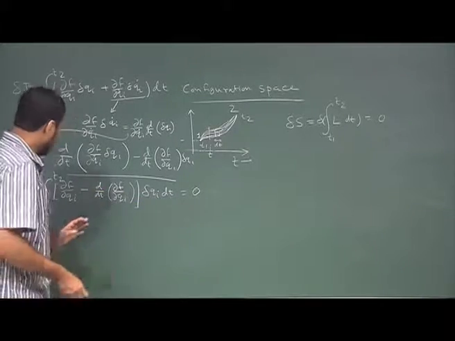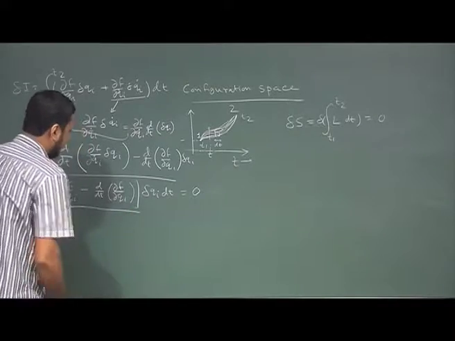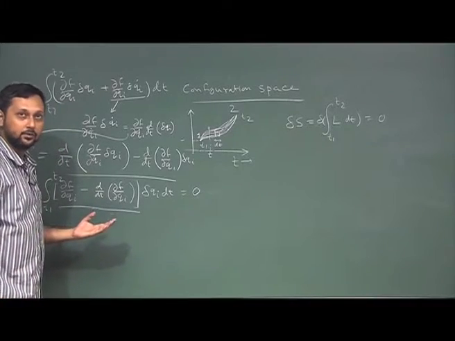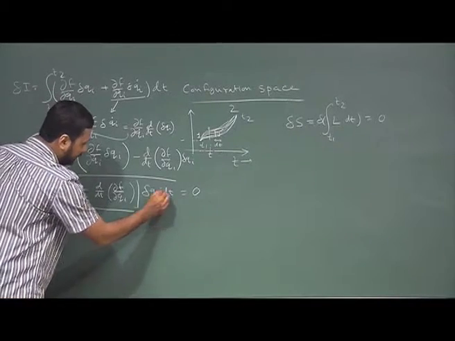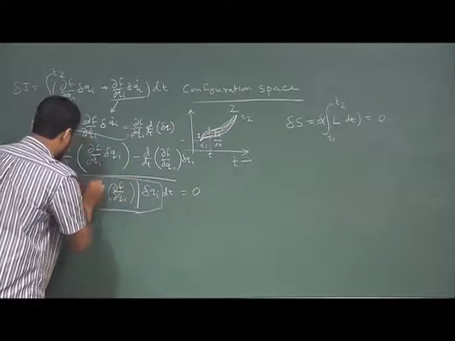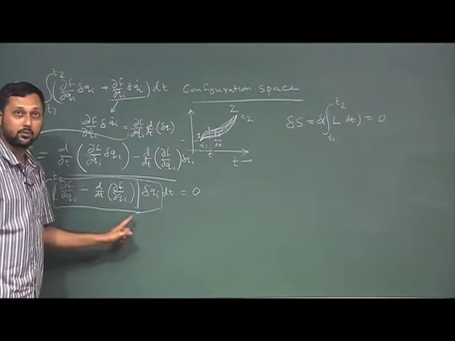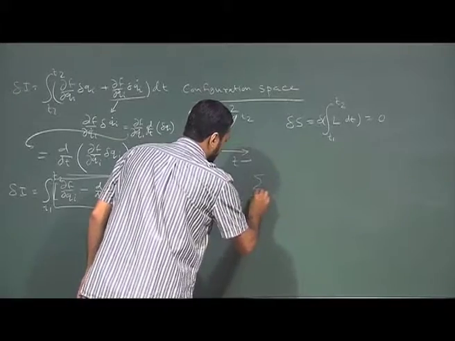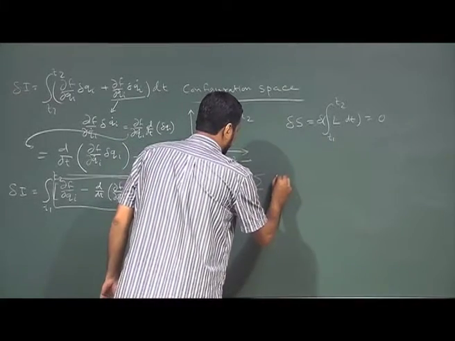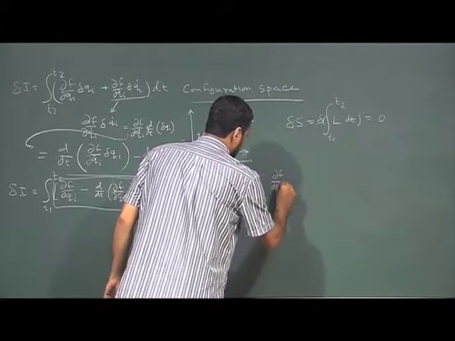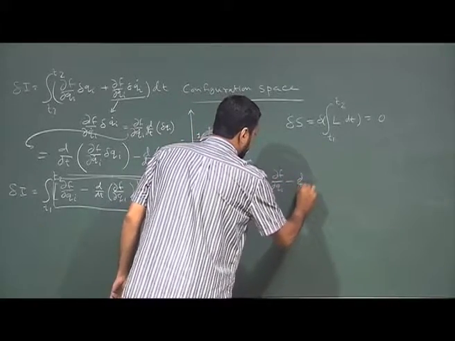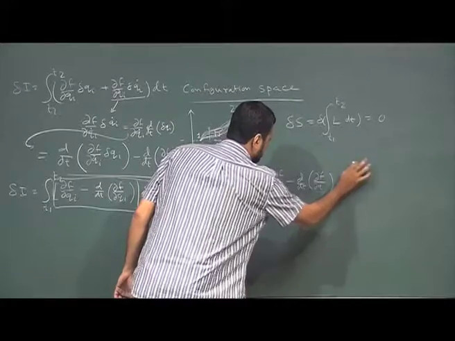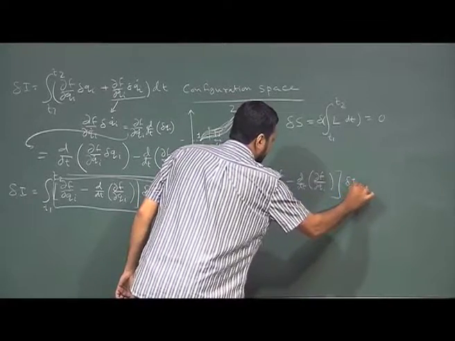Now, if this is the case, then we immediately see that this is basically an integration, and the integration can vanish if and only if the integrand is equal to 0, and the integrand is actually this, right. Please remember that there is a summation over all the qi's. Okay. So, if this is equal to 0, we have a very familiar situation: the sum over i of del f del qi minus d/dt of del f del qi dot, multiplied by delta qi, is equal to 0.